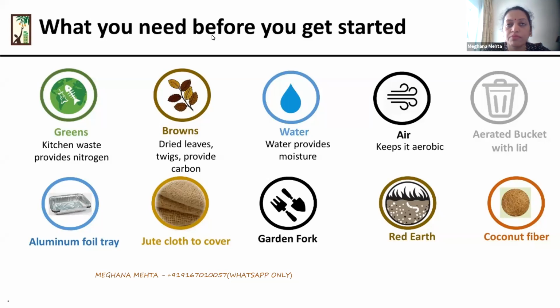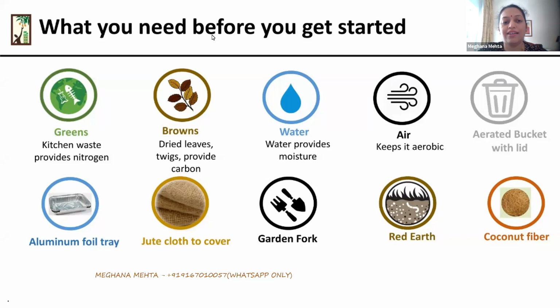So nitrogen comes from the breaking down of the green waste, and carbon from the breaking down of brown waste. It mixes with the air and water to decompose back into soil. Life, as we say, begins with soil. If there is no soil, there are no plants, no food, and none of us.